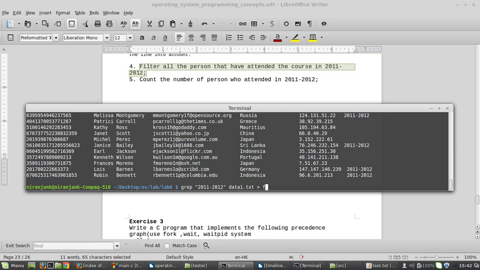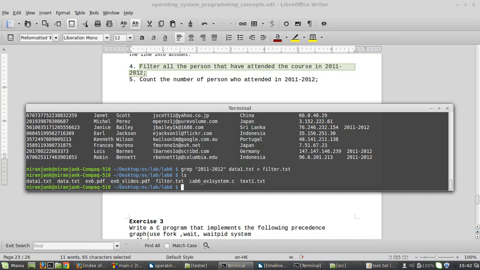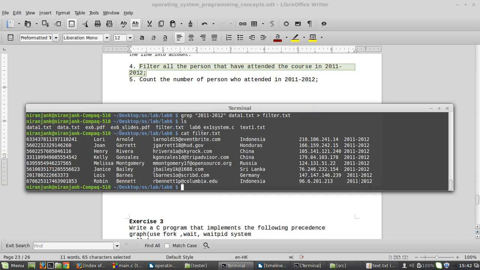You grep the pattern 2011 and 2012, with data1.txt as the input file, and you redirect the output to a new file,